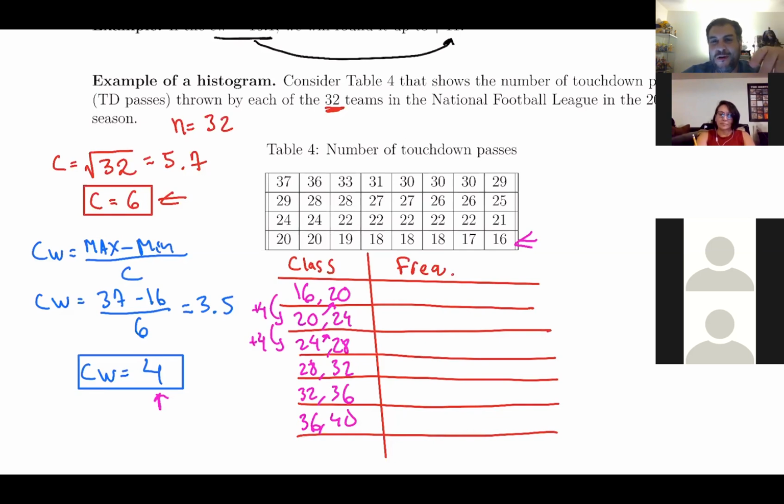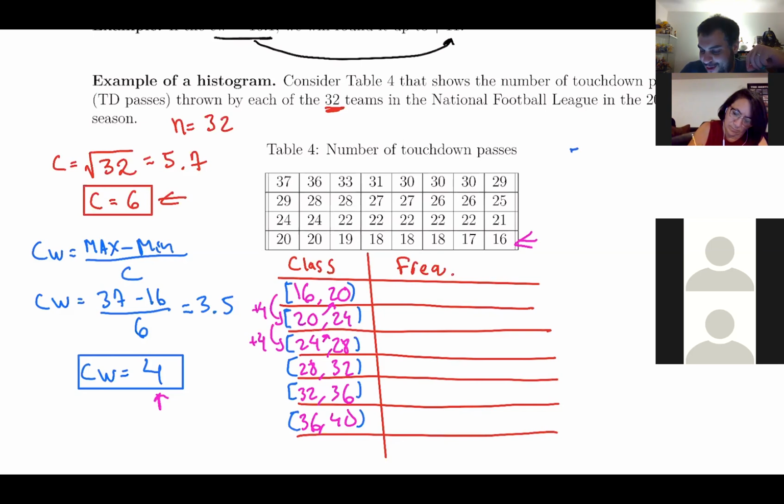Because right now, if you look at my first one, it's 16 to 20 and then 20 to 24. So if I have 20, you kind of go like, where does it belong? Because technically right now, it belongs to the first row and the second row. So this is where we are going to use some brackets and parentheses. So hopefully you remember what the bracket means and what the parenthesis means. For this one, the bracket always goes on the left-hand side, the parenthesis always goes on the right-hand side. Yes, we added 4 because that was our class width.